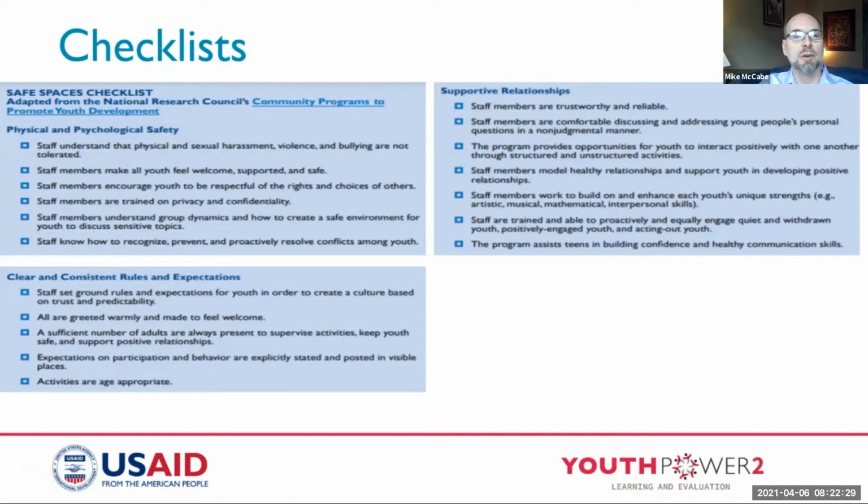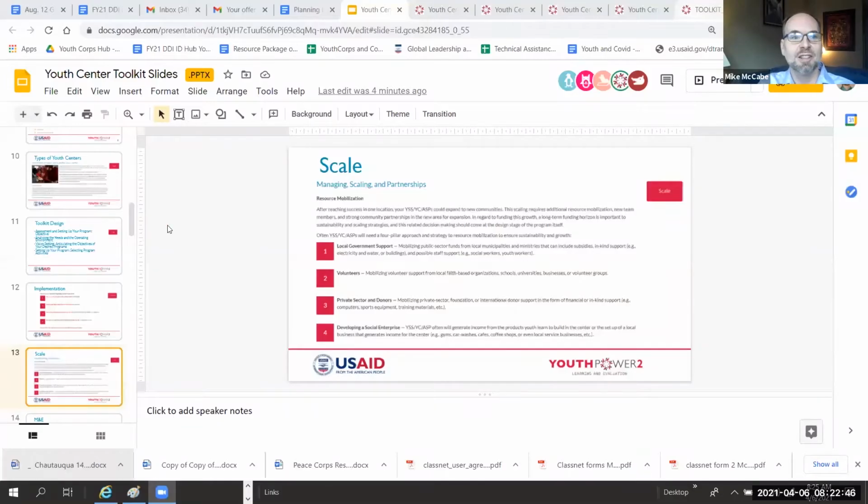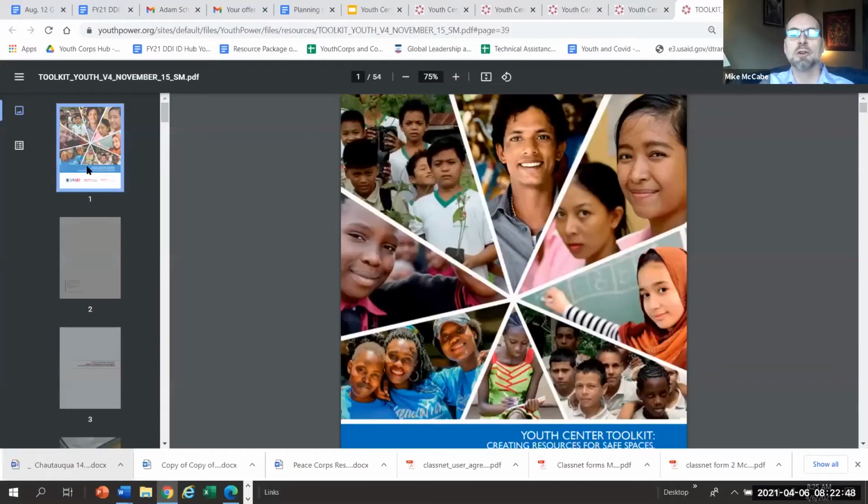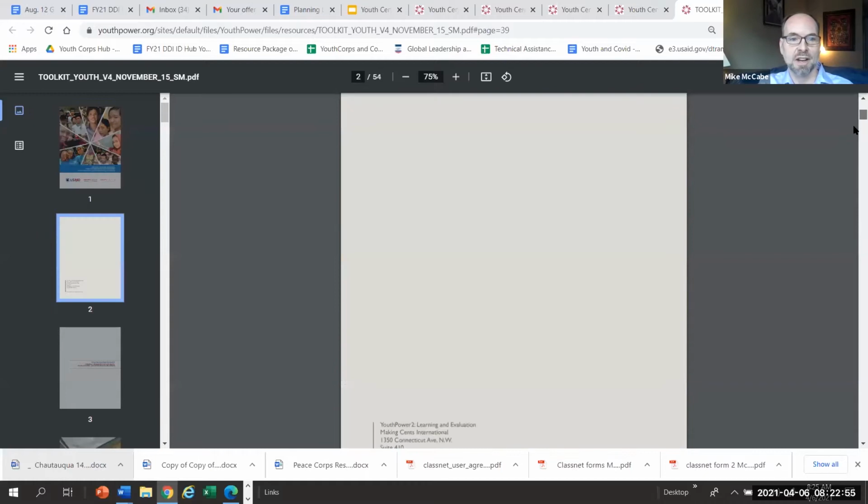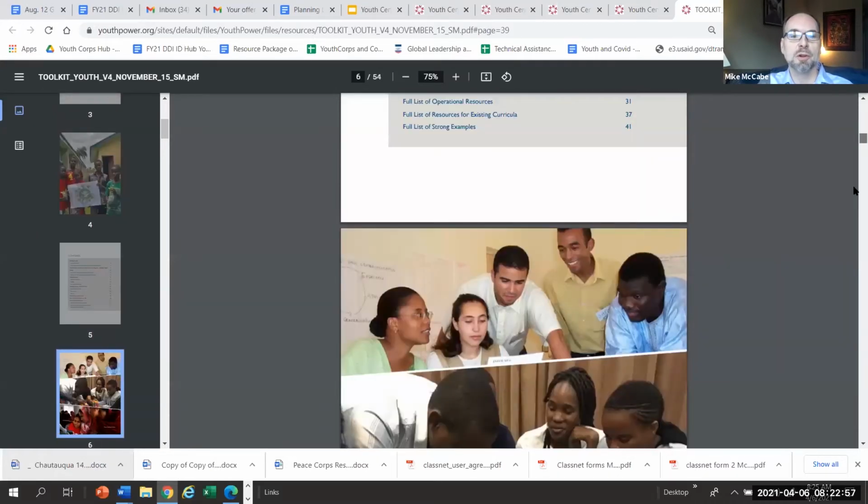What we're going to do right now is I'm going to open up my screen to just show you. Let's make sure this works. Share screen. Yes. And here, let's see if this works. If it doesn't, we will go back to the other way. So if you look here, this is the actual downloadable toolkit. Cole, can you confirm that you can see that? All right. So when you go down through it, the whole toolkit is downloadable as well as searchable online.